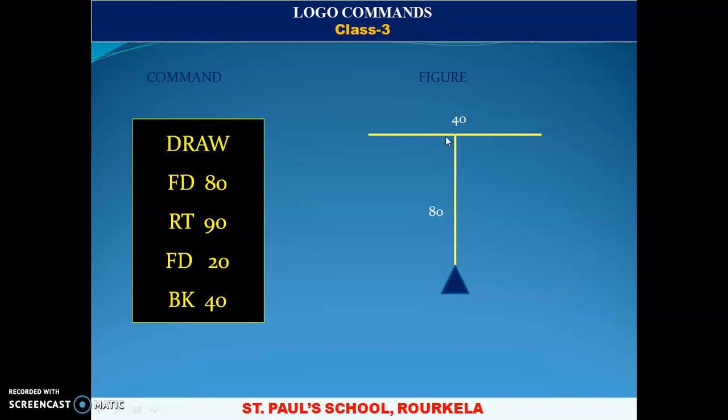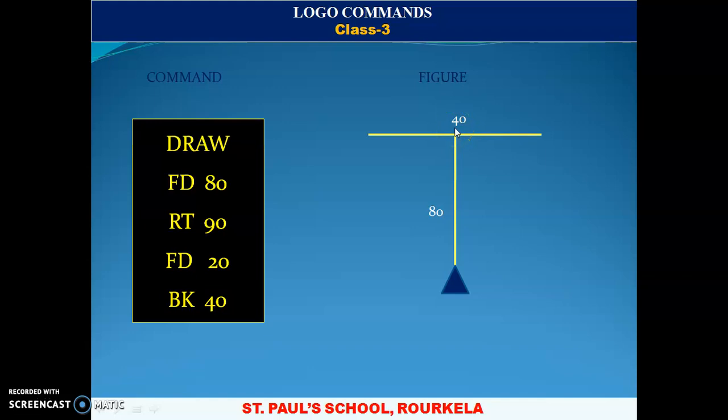Now here you have the line on the right side as well as on the left side. So what will you do? Here you can give either the LT command or the RT command. Suppose you give the RT command, then it will move the turtle this side. Then you have to use FD20. Why am I using FD20? Because this total length is 40 steps. So on the right side 20 steps and on the left side 20 steps. So here if I use RT90, now my position is the middle.